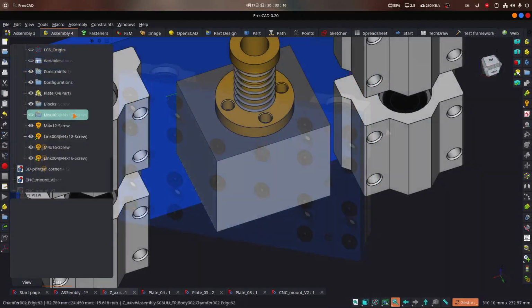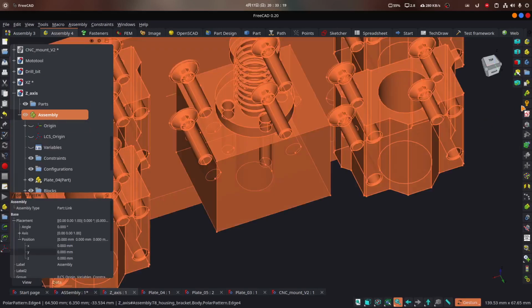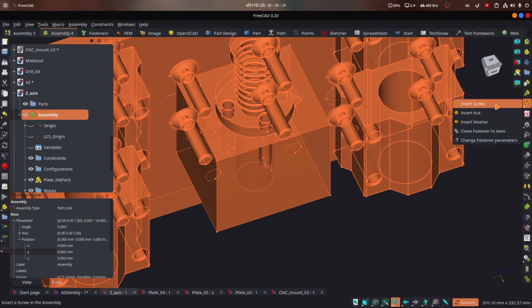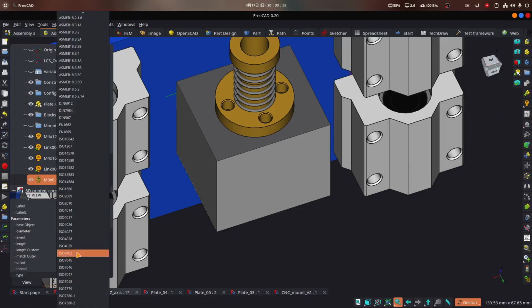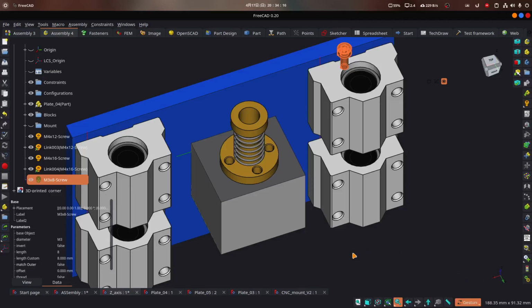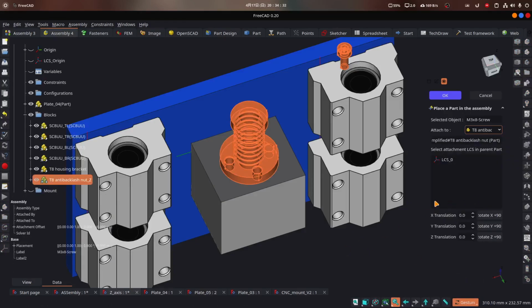So, summarizing, we need to select our assembly, then click on fasteners and then on screw. We change the properties of the screw, then we move the screw using the edit placement of a part button.